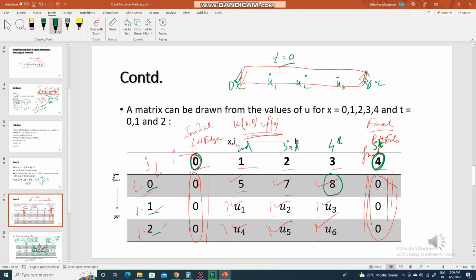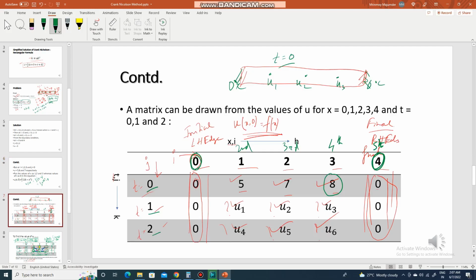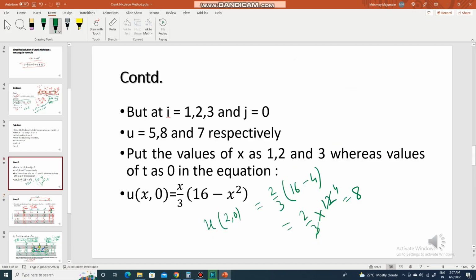Okay, or I am making some mistake. Let me see. Since there is no mistake, this U2 is 8. So the matrix is a little bit reversed actually. Here this will be 8, and I think here this will be 5. And U3,0: